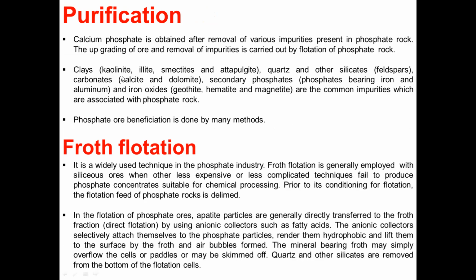Clays, that is kaolinite, then illite, then smectites, and attapulgite. These are the clays. Then you have quartz and other silicates like feldspar. Then you have carbonates like calcite and dolomite. Secondary phosphates, you have phosphate bearing iron and aluminium. And you have iron oxides like goethite, hematite, and magnetite are the common impurities which are associated with the phosphate